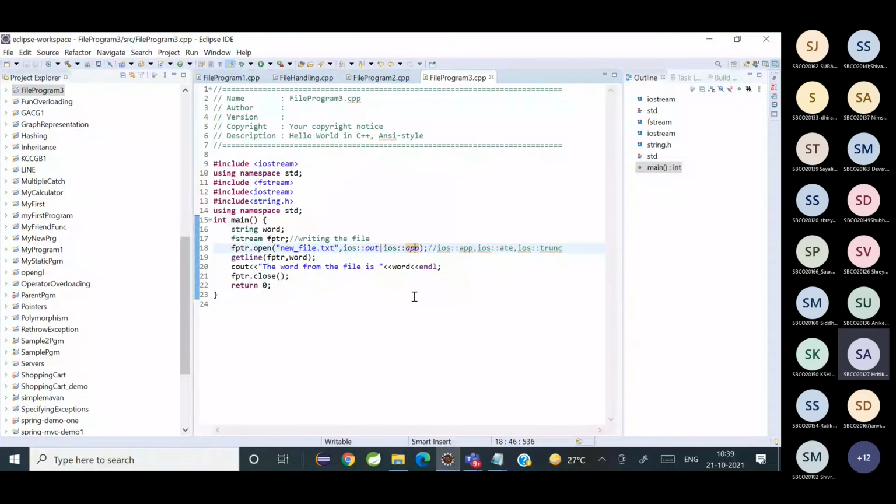Yeah, so I want to write to the file, but I'm going to add it to the end of the file. Otherwise, what happens when I open it in output mode, the data which is already existing in the file will go. What happened to the file? If I didn't write app, suppose I just wrote ios, what happens to the file?